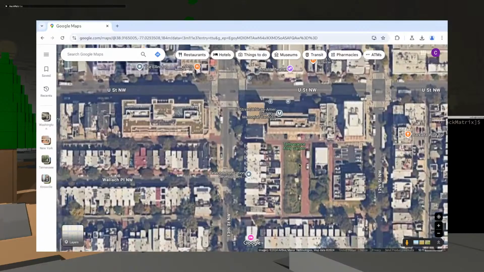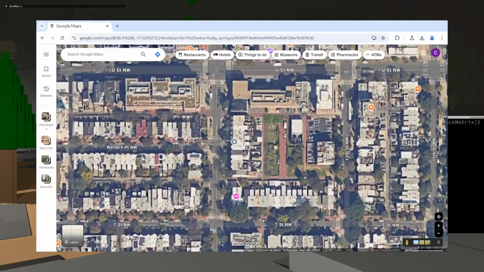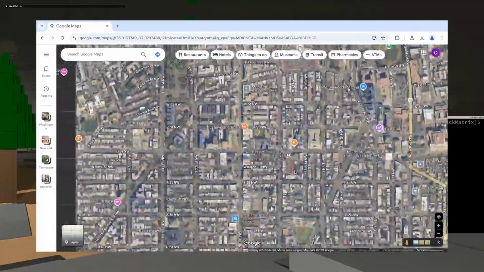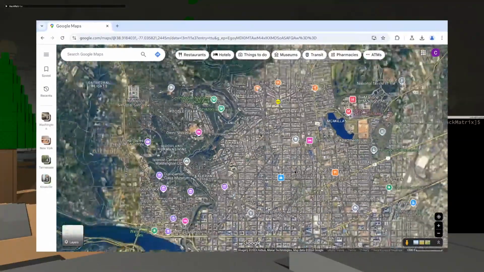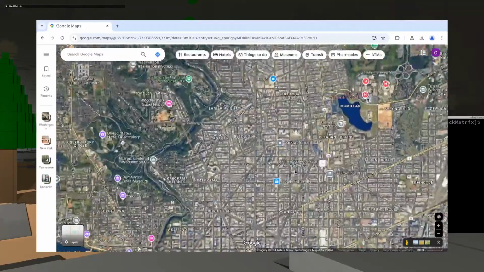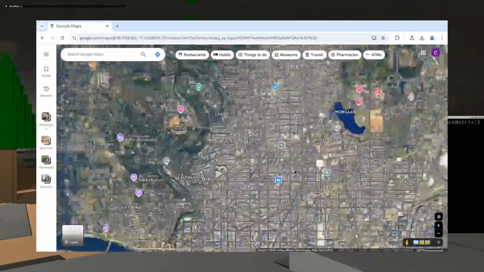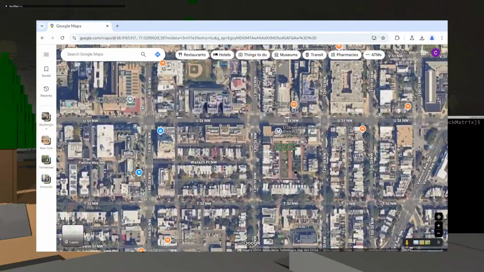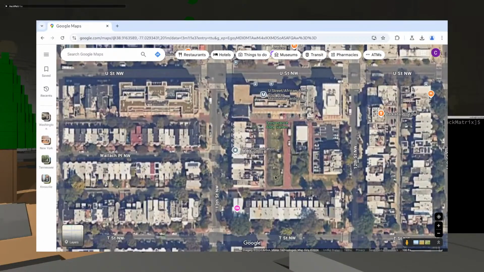Hey, here is the garden. It's a pretty big garden. It's like the length of an entire city block. I mean, look where it's at. Look at the grid it's on. It's on a very straight grid. It's definitely on the city grid pattern. So it's a very large sort of